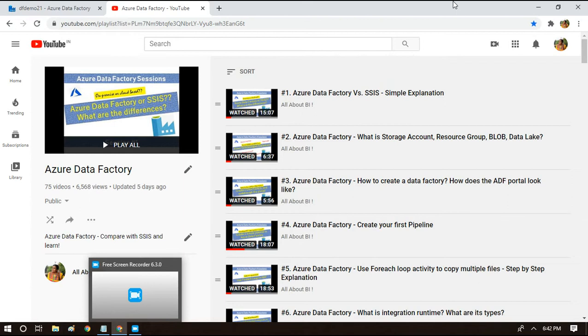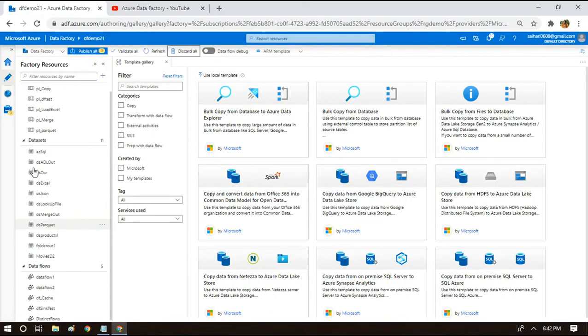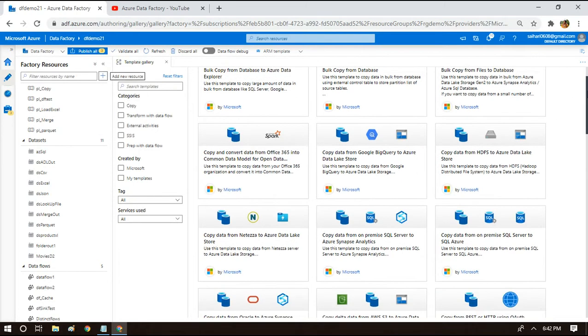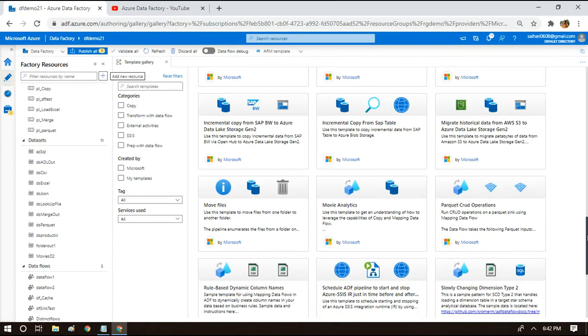So where do we find such templates? Alright, go to adf.azure.com and click on this plus sign. Okay, you will be given the option to look at the pipeline from template. So as you can see here, there are lots of templates available. Okay, there are some with data flows and transformations applied, there are some with access to Databricks, and there are some with only copy related functionalities. So there are quite a lot of functionalities provided as templates by Microsoft itself.